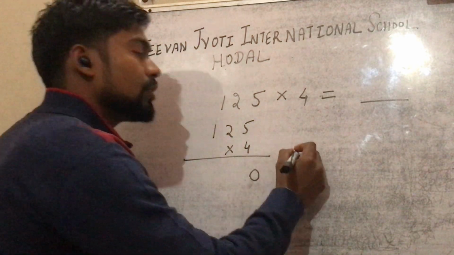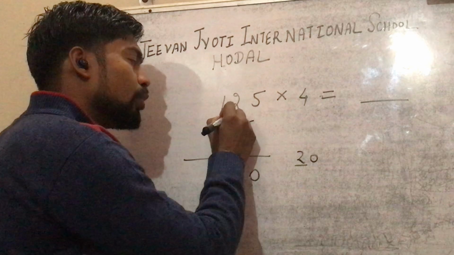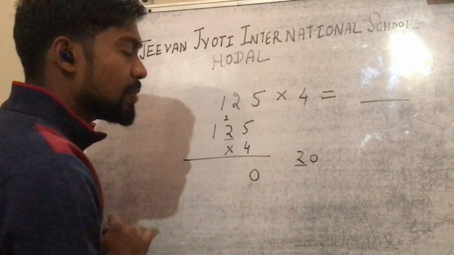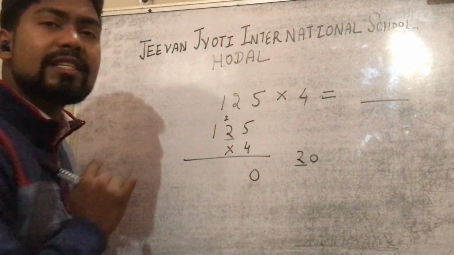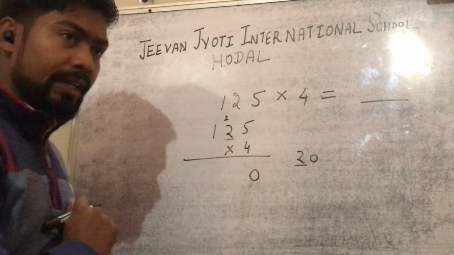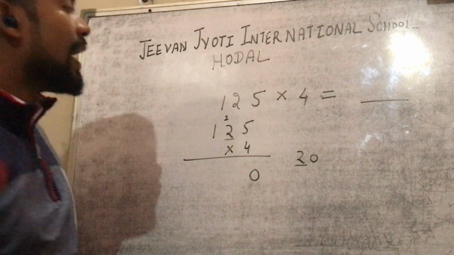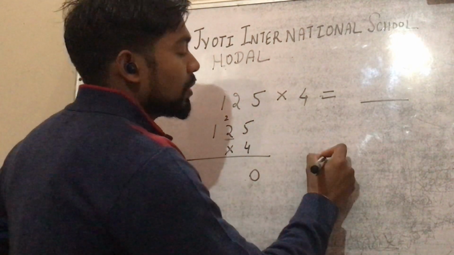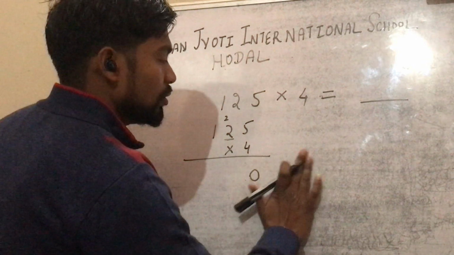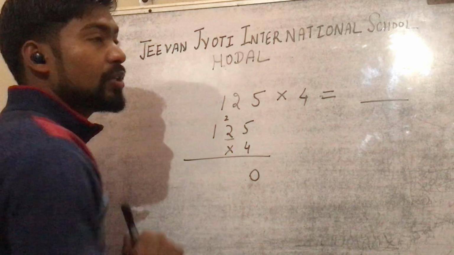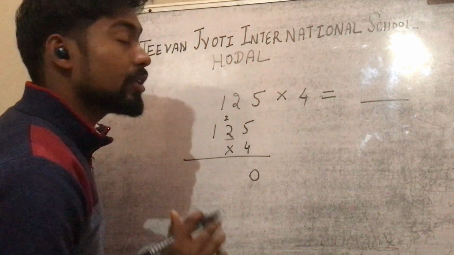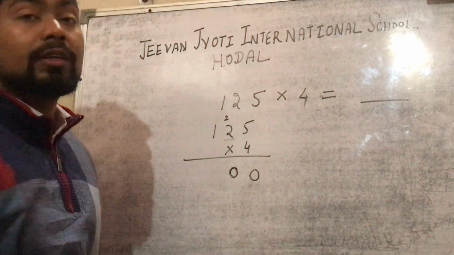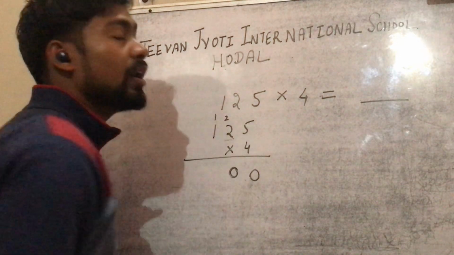Okay, and now the 20, the tens place number, will go on the tens place part. You can understand in this way also. So this is the tens place number, it will go over the tens place part. So 4 2's are 8, 8 plus 2 is 10, and it is a tens place number, that means 100. But you do not go to that part. 4 2's are 8 and plus 2 is 10. 10 of what? 10 of tens. It will be right below the tens part, 0, and again 1 goes to the hundreds part.